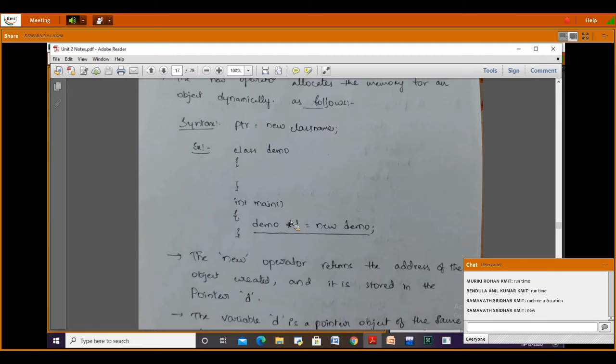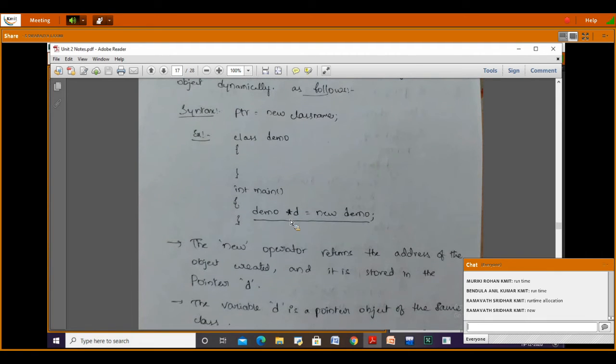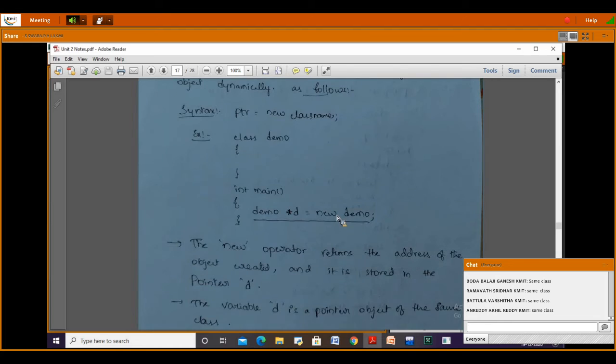Now can you tell me, this d is a pointer; should it be a pointer to the same class, or can it point to any class? Instead of new demo, suppose I write demo *d = new sample.